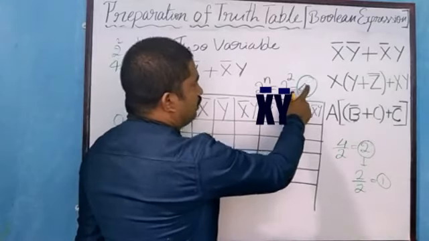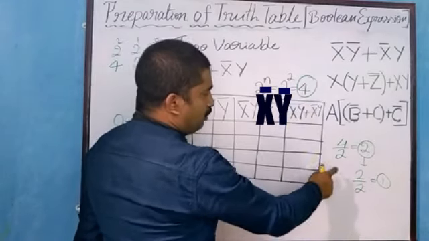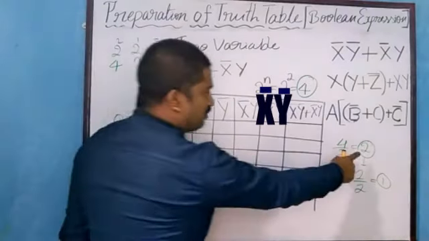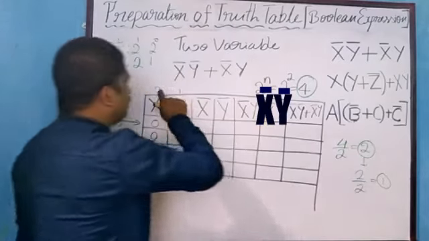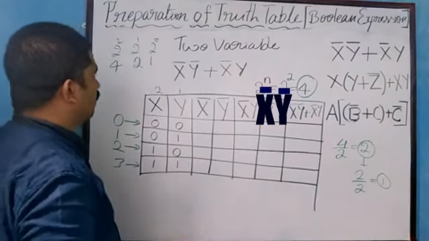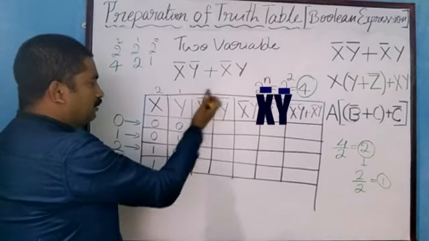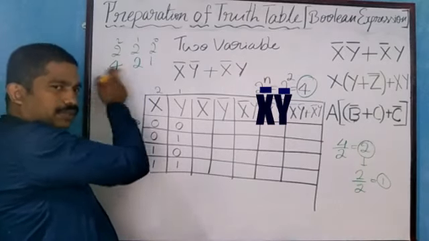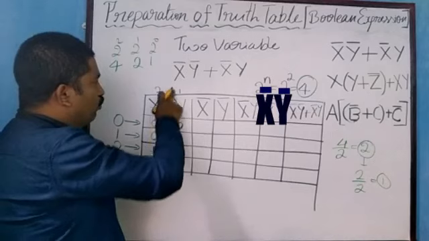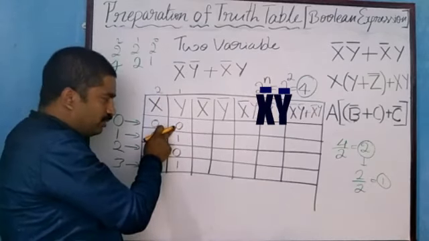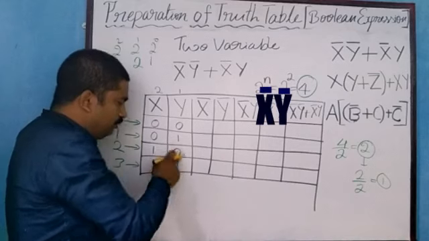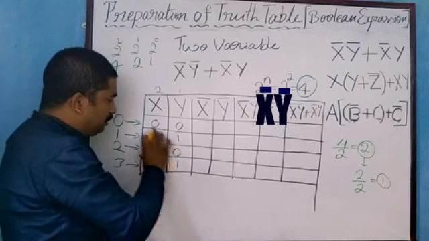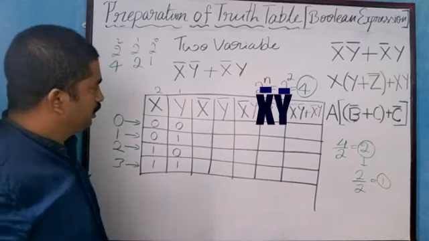So the total number of combinations is 4. Divide 4 by 2, we will get 2. Write in the first column. Then once again divide 2 by 2, you will get 1. Write in the next column. Or you can write like this. From the reverse order, 1, 2, then 4, next double it, 8, like that. 1 means just write once 0, once 1, 0, 1 alternatively. If there is 2, then 2 zeros, 2 ones. So you have to stop it, because we need only the 4 combinations.